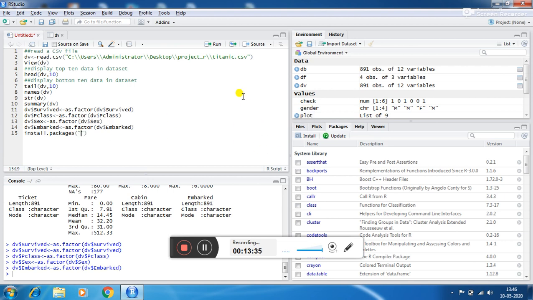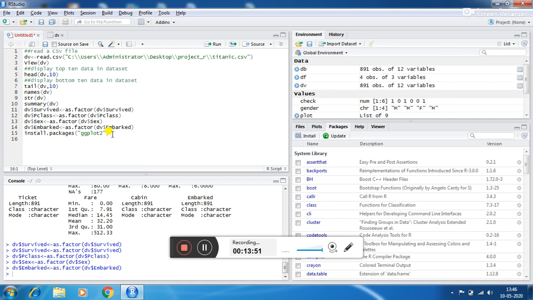That is ggplot2, which we have already installed.